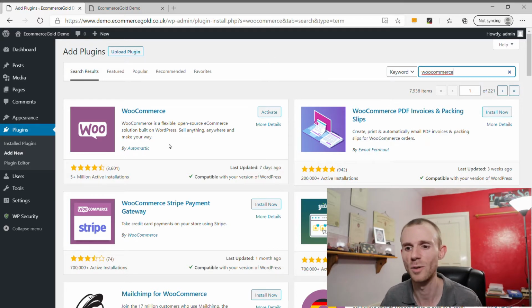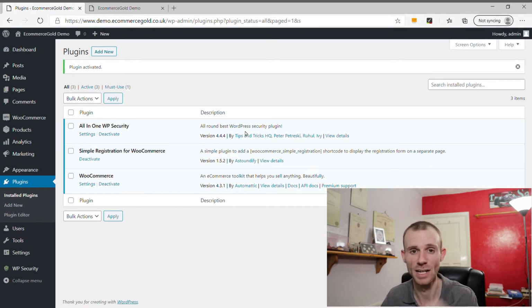Because with the standard WooCommerce, it randomly generates order numbers, and this can get really confusing, especially when you're trying to do accounting and things like that for your e-commerce business. So I would highly recommend installing this plugin along with the standard core WooCommerce plugin. So let's go and activate this plugin. I'm not going to install this one now because I'm just showing you what WooCommerce does to the actual WordPress